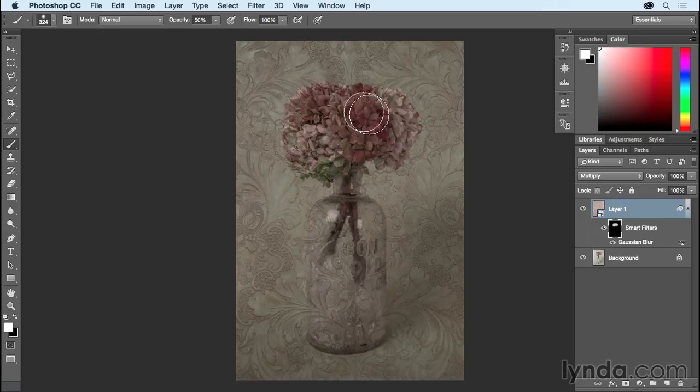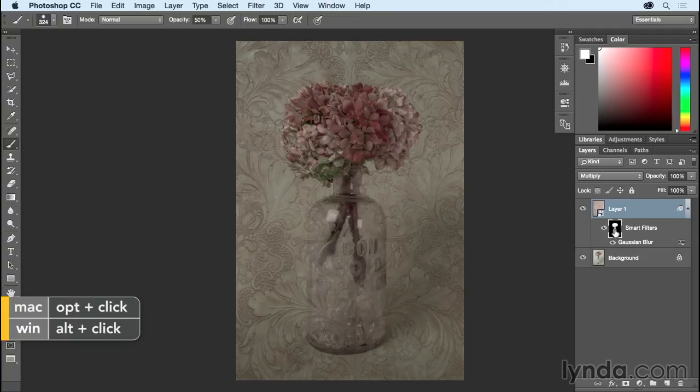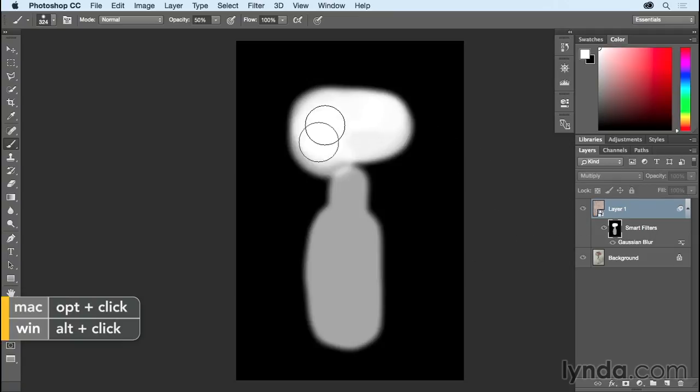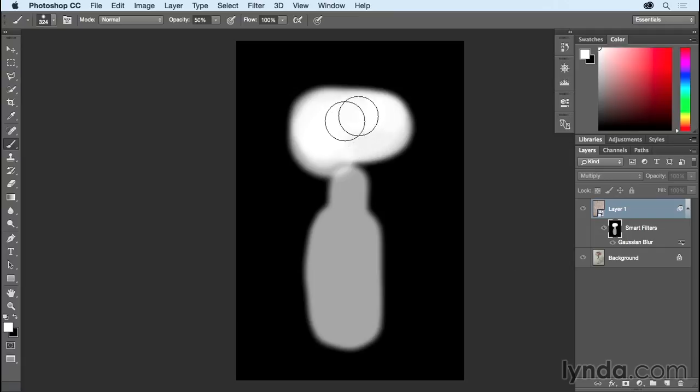I might paint once or twice in order to build up the blurring of that texture. Then I'll go ahead and paint once, keeping my mouse down over the entire bottle area. And if I Option-click on the mask, you can see that where my mask is white, I'm revealing the blur, and where it's semi-transparent here in the gray area, it's showing just a little bit of the blur,